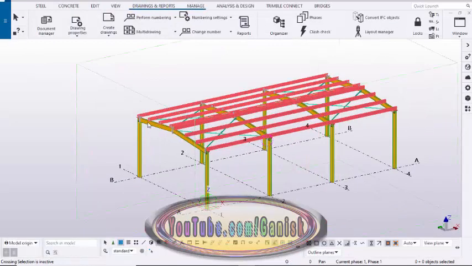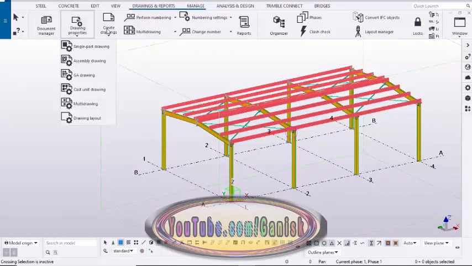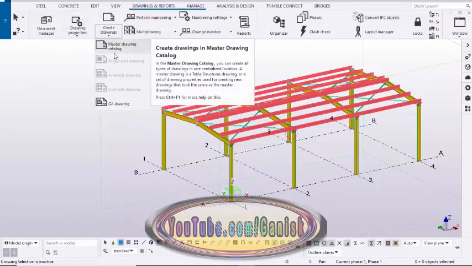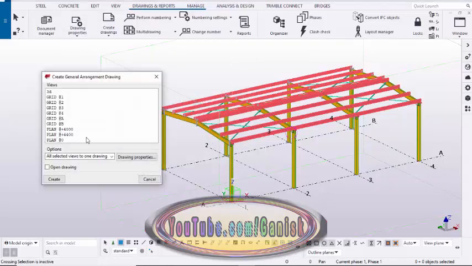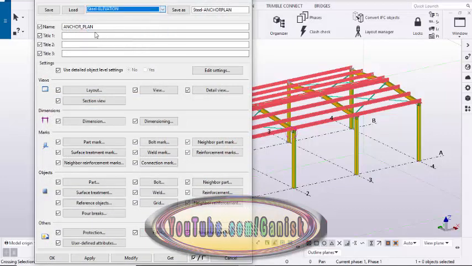Now we're going to create the elevation views for this project. Go to drawings and reports and click on drawings, create drawings, then click on this gear drawing, then come here. Now we're going to take the elevation on A, so click on this option, then go to drawings and reports and click on here. Now we're going to take elevation, so select this option, settings, steel elevations, then click on